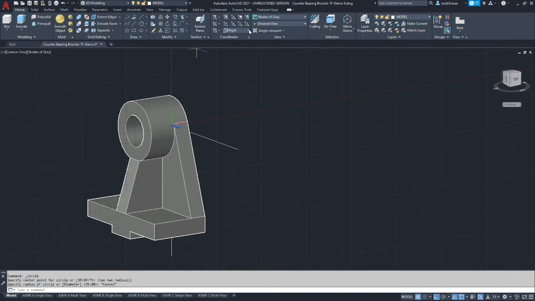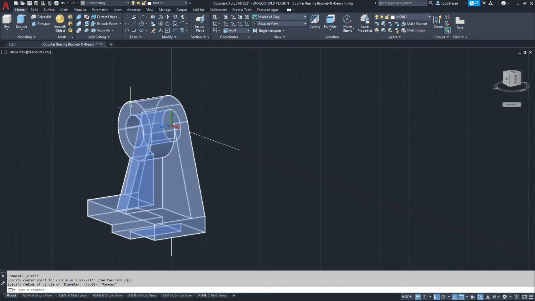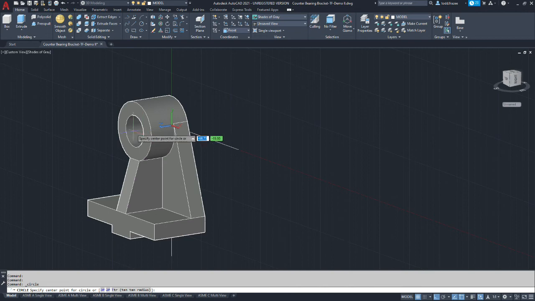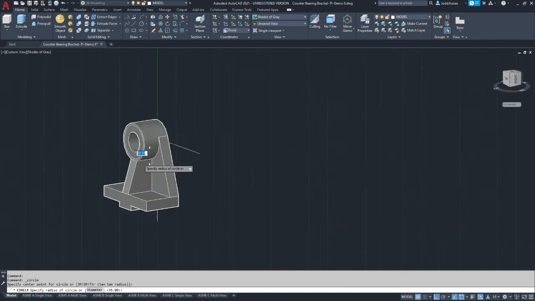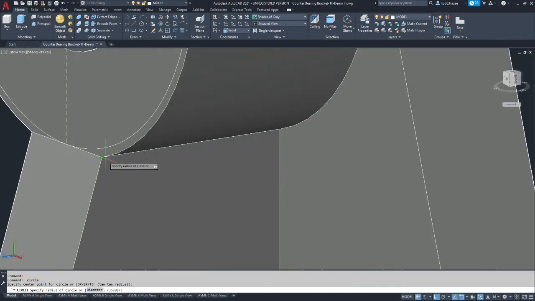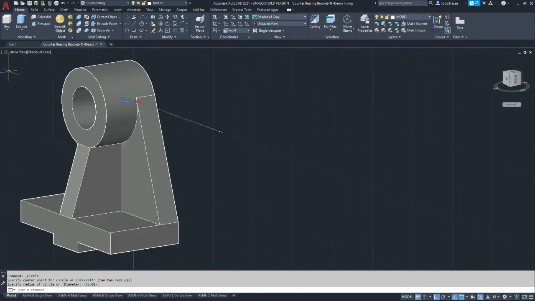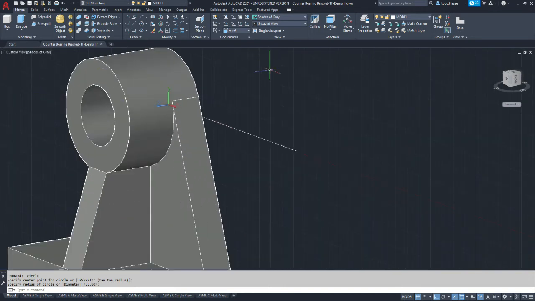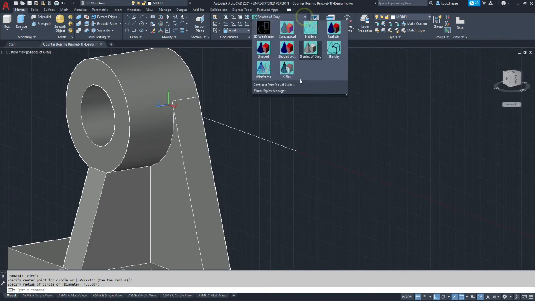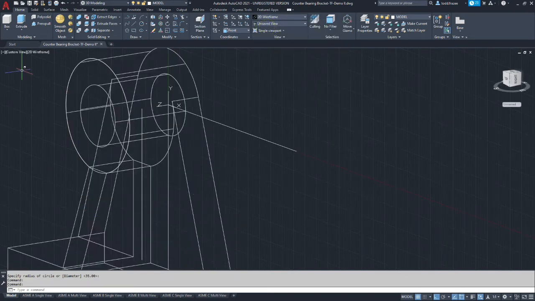So first we're going to switch back to our front view so that we're operating in the correct plane. We're going to go to circle. We're going to select the center of our boss, and then we're going to make it the same diameter as the boss. So let's pick the intersection there, which makes that circle we just created the right size. Now I'm going to switch back to wireframe. It's a little easier to select these things.